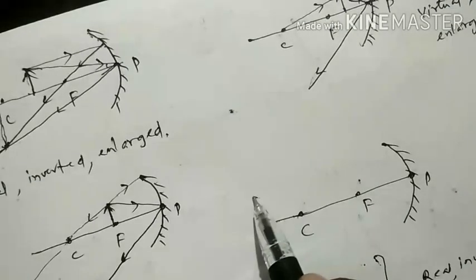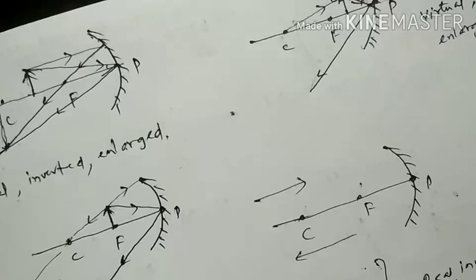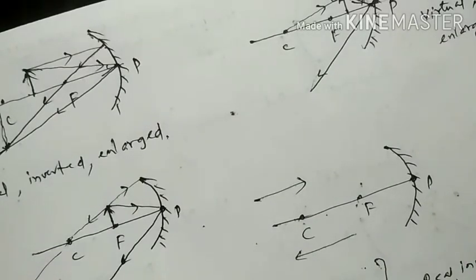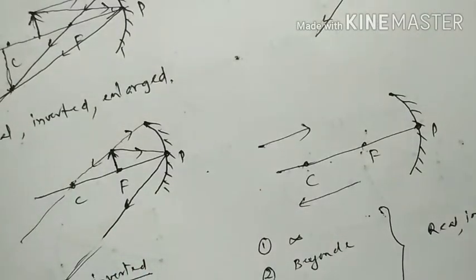If the object is moved towards the mirror, the image moves away from the mirror. So starting from infinity: focus, between C and F, at C, beyond C, and infinity. And again it disappears, it converts from a real to a virtual image. So this is regarding the ray diagrams for a concave mirror.